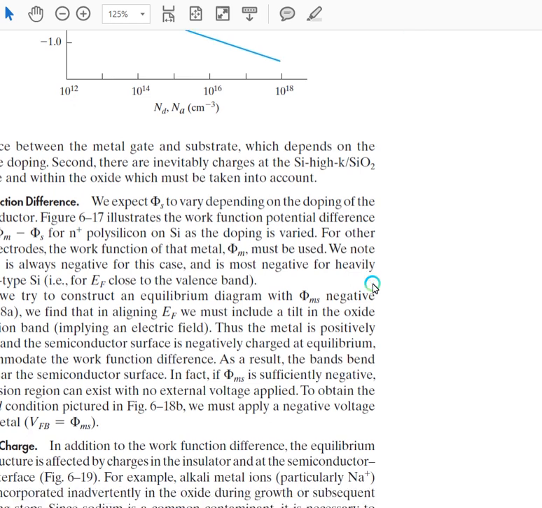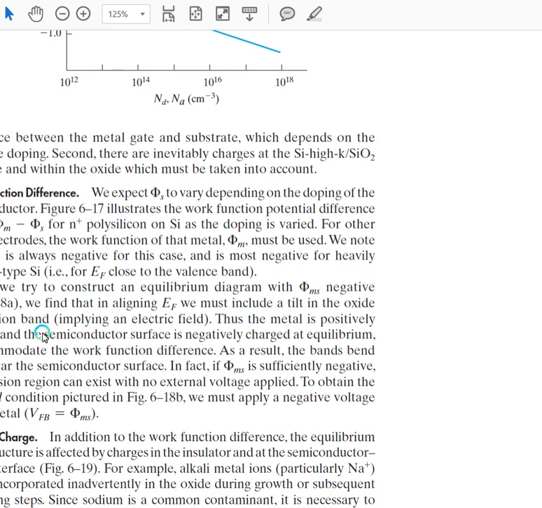We can even see in this second para on the work function difference, if we try to construct an equilibrium diagram with phi ms negative, we find an aligning EF. We must include a tilt in the oxide conduction band. Thus, the metal is positively charged and the semiconductor is negatively charged to accommodate the work function. As a result, the bands bend down near the surface, and you can read out these details yourself. You must understand that in order to get a flat band, which means the Fermi levels must be aligned,